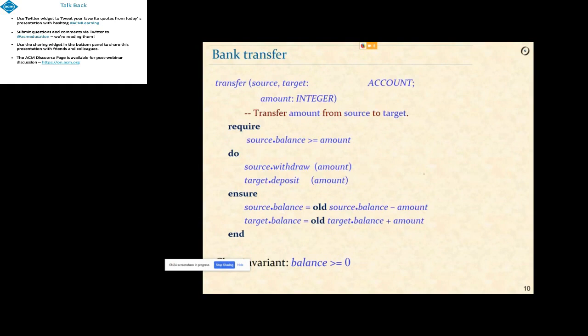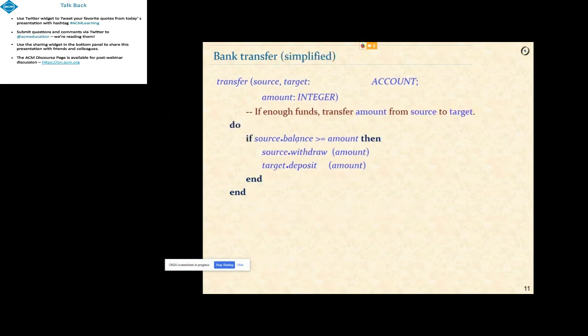Here's another example of the kind of problems that we are facing in programming concurrent applications. So I want to transfer a certain amount from a certain source account to a certain target account, and this is the way I would write it. I would have a pre and a post condition, but let me simplify it to the bare essentials. Basically, what I'm going to do is, if there is enough money on the account, then withdraw the amount from the source and deposit it to the